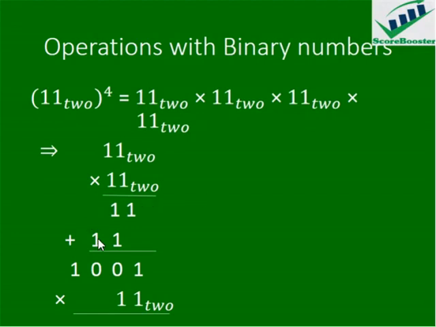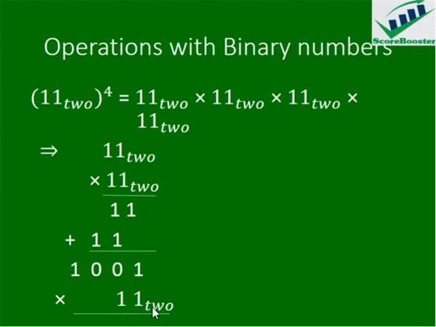So 1 plus 1 will also give 2. 2 divided by 2, which is the base, is 1, remainder 0. We write down the remainder 0 and carry the quotient 1 to the next available bit. 1 plus 0 will give 1. So that is it. So we multiply by the next 11 base 2. We want to multiply 11 base 2 four times. So the next one,